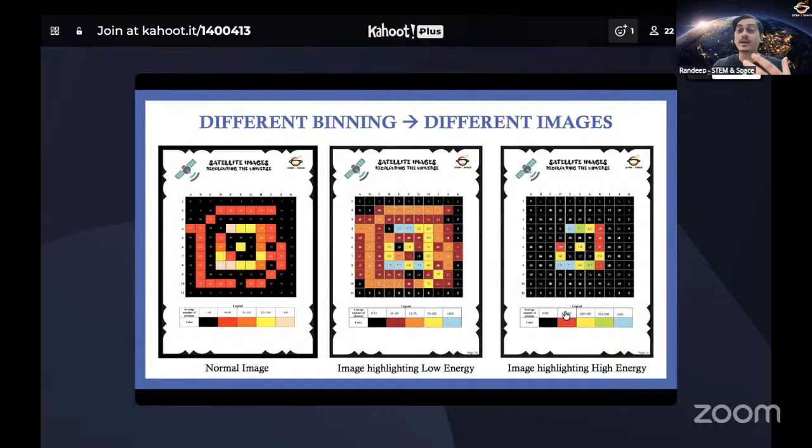You can keep a big range of 0 to 60, 0 to 80, 0 to 100, and that means an interval of 100 photons, and you can literally highlight only those regions which have high energy. So from the same image, we can produce different kinds of images by doing the binning differently. And that's how scientists are able to determine different components, like different kinds of elements, gases, and all that from the same image itself. So I believe that gives you an idea about binning and how the coloring of